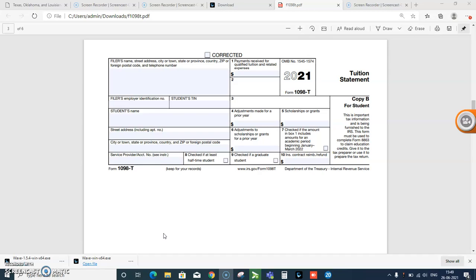Tuition-paying students at eligible colleges or other post-secondary institutions should receive a copy of Internal Revenue Service Form 1098-T from their school each year. Eligible institutions include most colleges, universities, and vocational schools that are eligible to participate in the Department of Education's student aid programs. This form provides information about the educational expenses that may qualify the student, or the student's parents or guardian if the student is still a dependent, for education-related tax credits.